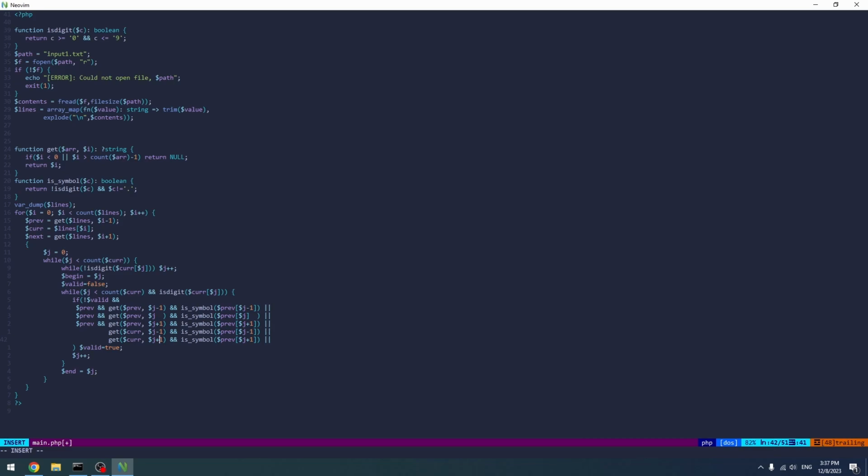If the next one exists and it's a symbol, actually current, right? Yes. It's valid, so that we check this, and now we just check this again for